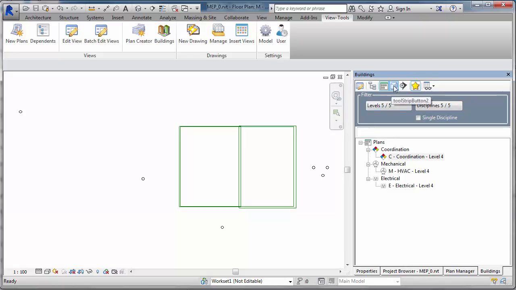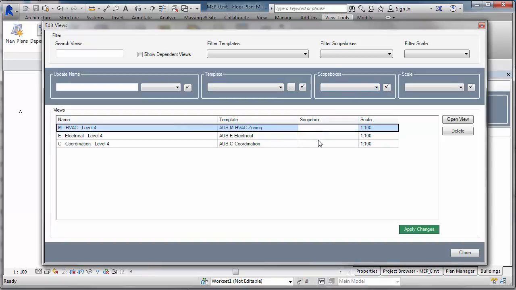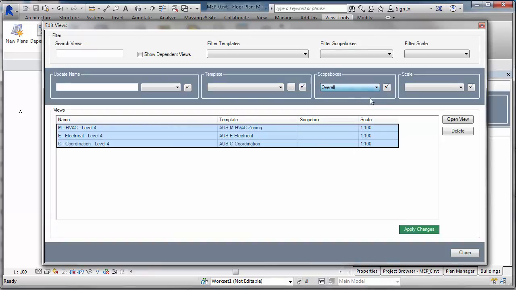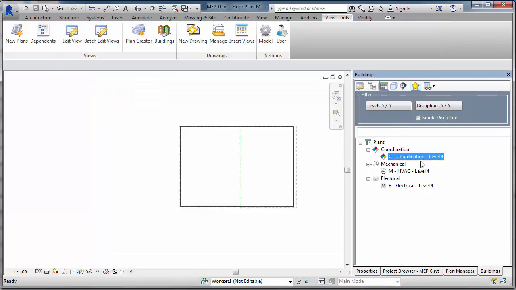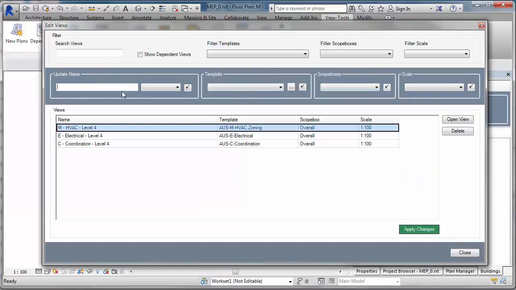So the intention is to build this up to make it so we can filter by 3D views, sections, and maybe even schedules. Same thing here, we can edit just what we see. So if we wanted to change the scope boxes of all these to be overall, it's just a matter of doing that. And if we wanted to rename everything that was here and have a prefix of sketch, SK,